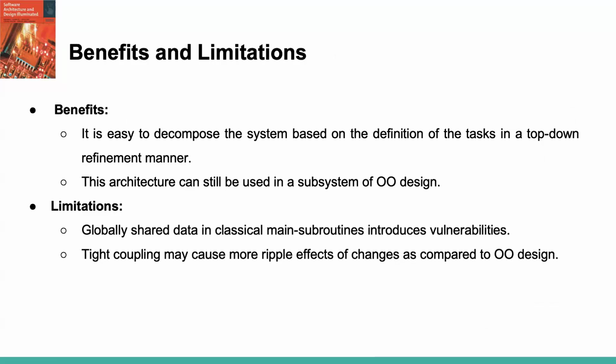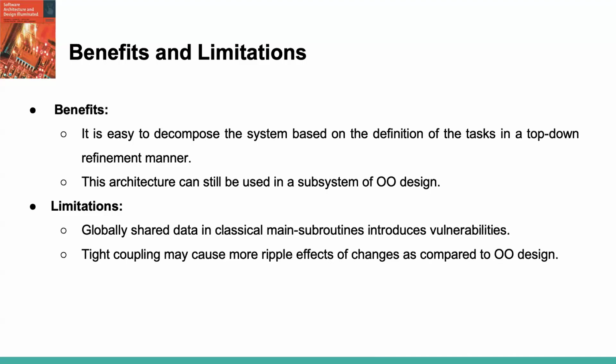Let's quickly go over some benefits and limitations of the main subroutine architecture. Benefits. This architecture is straightforward to decompose. We can break down tasks easily using a top-down refinement approach. Despite being a traditional design, it can still be used as a subsystem within an object-oriented (OO) design, providing flexibility in hybrid architectures. Limitations. The use of globally shared data in classical main subroutines can introduce vulnerabilities, as data is